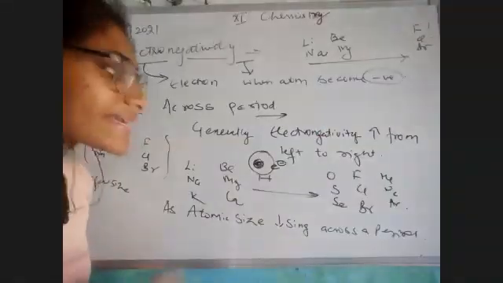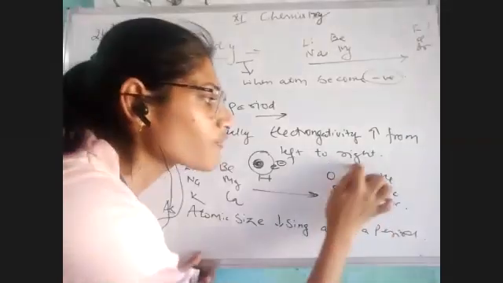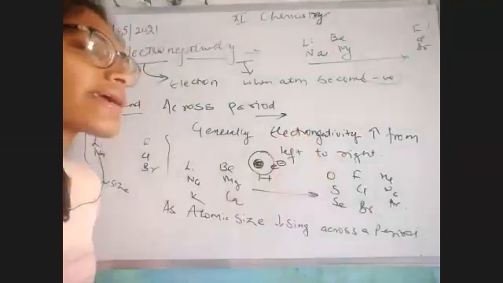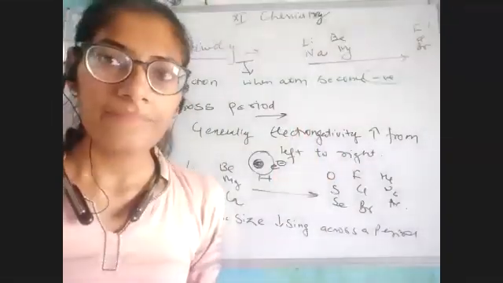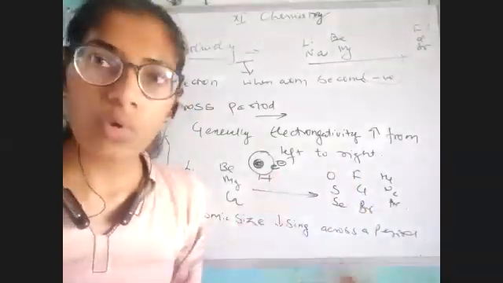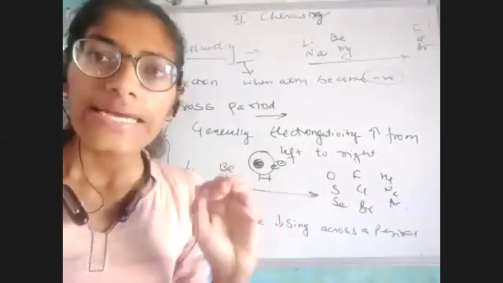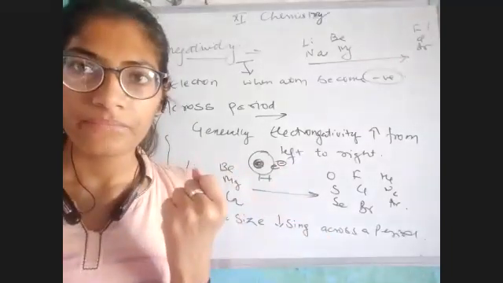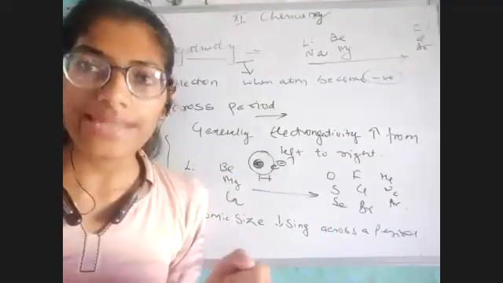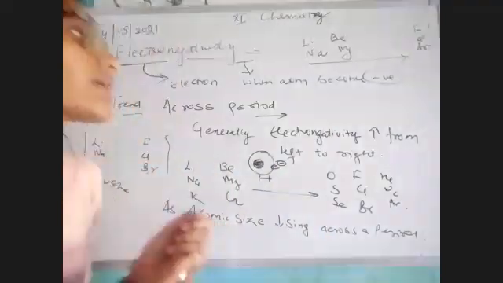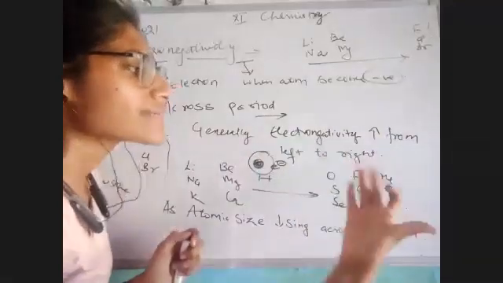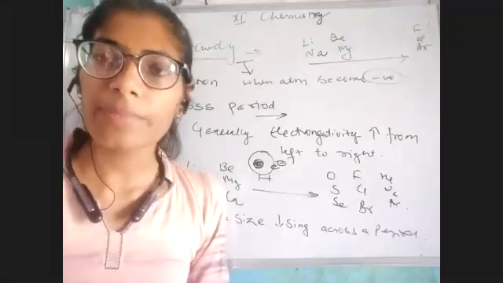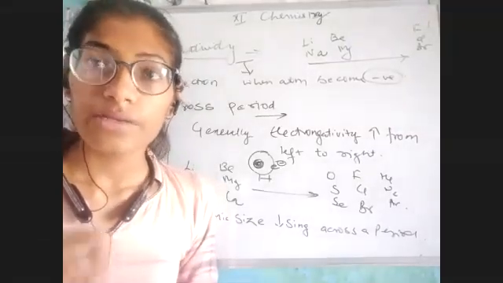और इसीलिए हम बोलते हैं कि हमारा जो फ्लोरीन है that has the smallest size and that has the maximum electronegativity. I hope I am clear कि हमारा जो फ्लोरीन है that has the smallest size and due to smallest size its nucleus would keep its electron towards itself. And in this case, we can easily say that yes, electronegativity is the maximum for fluorine. All right, bache, I hope I'm clear with this concept and you also got the point.